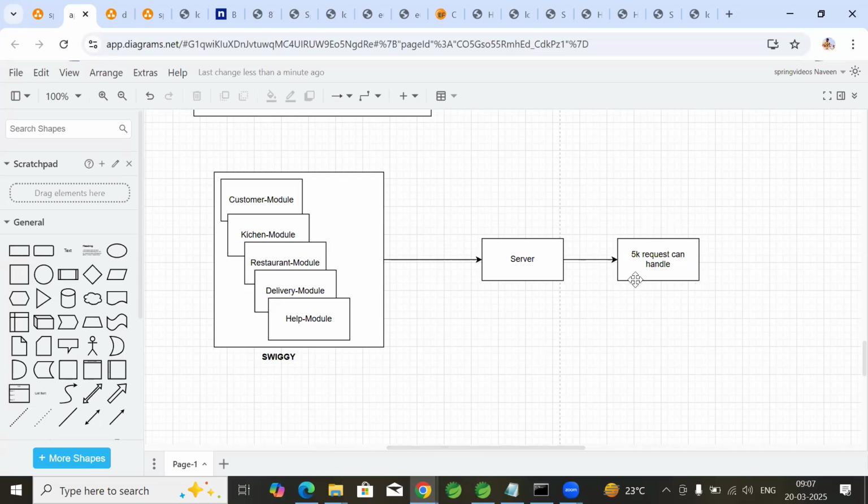Will Swiggy adjust if they are getting business of more than 100K requests per minute? Will they lose that business? Will they say, hey, currently I'm handling 5K food deliveries, please come later? Now you are ordering for lunch, come by dinner, I'll be free. Will it work out? No, right? They will lose their business definitely. So